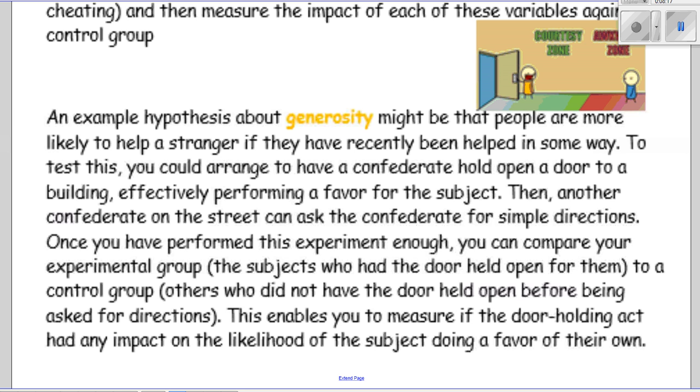But yeah, you have to make sure they know where the place is that they ask directions for, because they might actually not know. Yeah, that's true. Because even if the person didn't have the door held open, they still give directions. Yeah, it's a friendly place, so there might be high levels of generosity in Bermuda. Maybe I wonder if you could test it here and somewhere else.